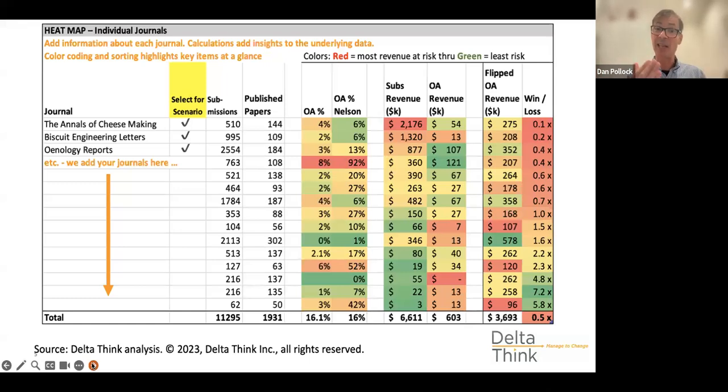So you can compare what we are currently doing versus what might be a consequence of the policy, and how things might differ. That's what the Nelson column, the second colored column, is showing. And hardly surprisingly, if you've had quite a lot of open access uptake already, the relative proportions don't change. It just means you're probably finding more of it falling under the auspices of the memo or the policy, whatever it is we're studying.